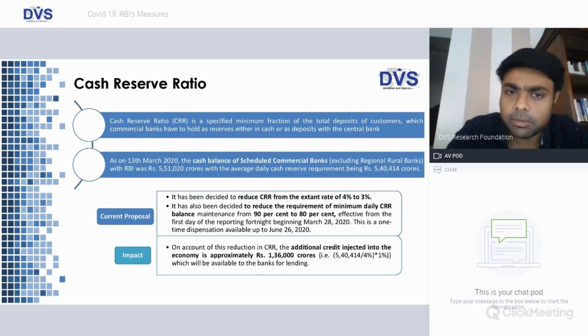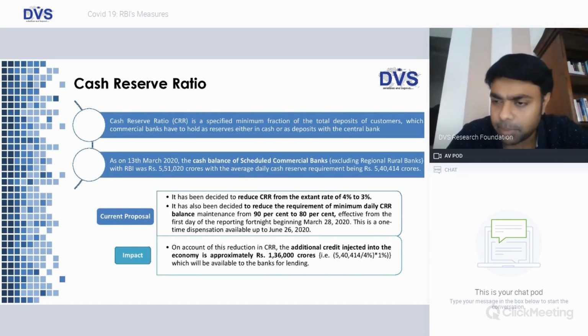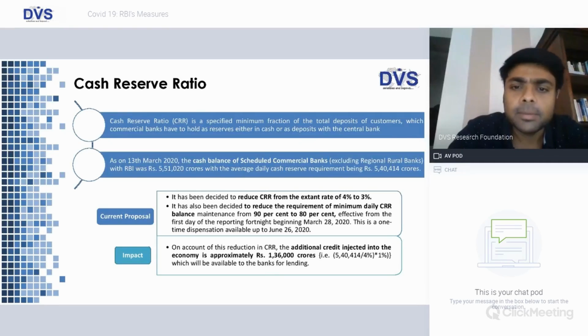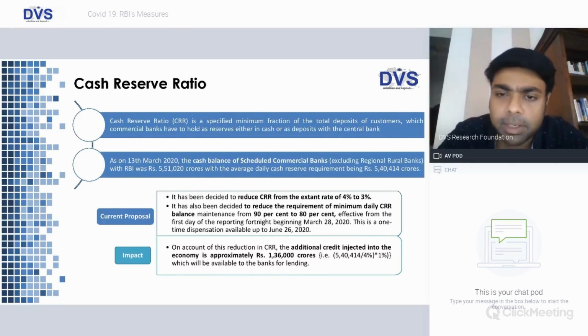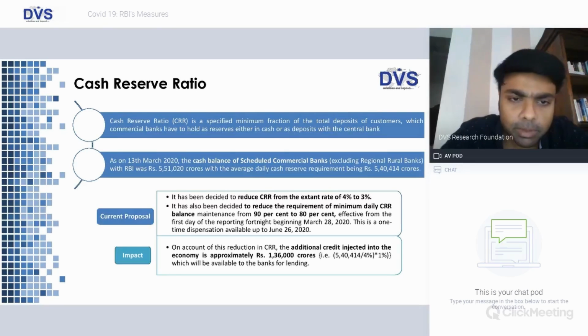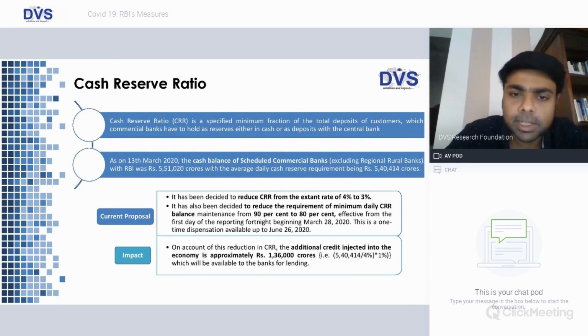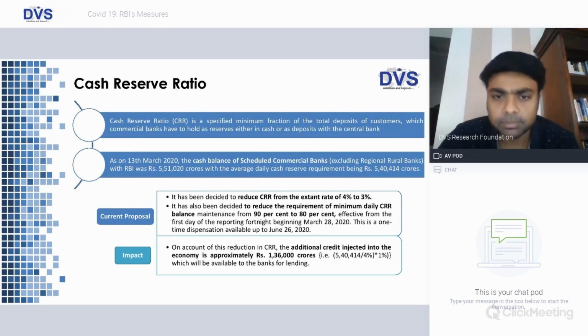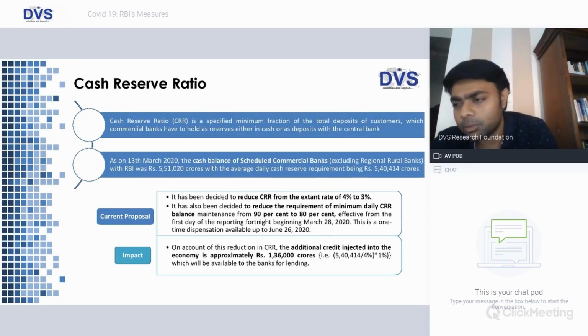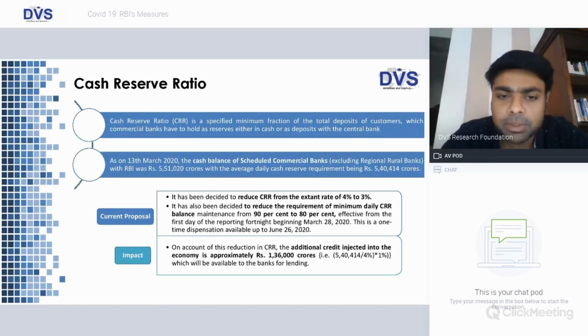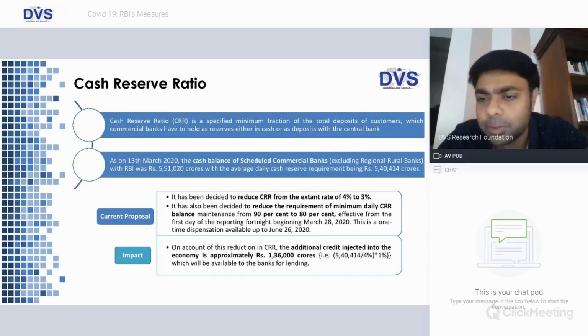Next, CRR. The cash reserve ratio is a minimum fraction of the total deposits of customers which commercial banks have to hold as reserves in cash or deposits with the central bank. So let's say SBI has 10 lakh crores of deposits, and the CRR rate is 4%. 40,000 crores have to be maintained with the institution. As on 13th of March, the cash balance of scheduled commercial banks, excluding the regional rural banks, with RBI was about 5.5 lakh crores, with an average daily cash reserve requirement of 5.4 lakh crores. Now, we're talking about 5.5 lakh crores being parked, which constitutes 4% CRR. If you extrapolate, 25 times this number is the total amount of deposits which the institutions have taken from